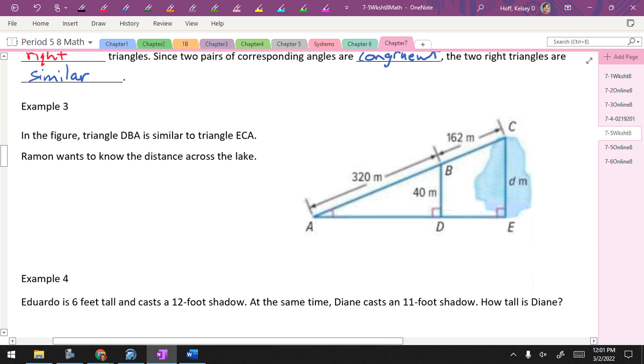So in the figure, triangle DBA is similar to triangle ECA, and Raymond wants to know the distance across the lake. Again, when I look at this, do you see two separate triangles? I would strongly encourage you to draw them separately. They even help us out. Triangle DBA. So if I draw this triangle here,